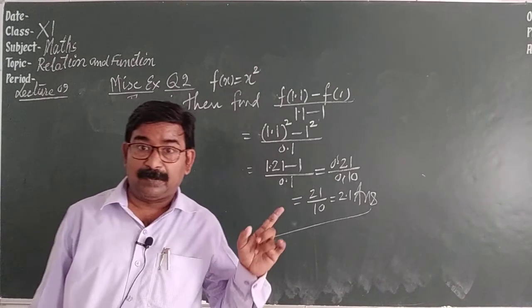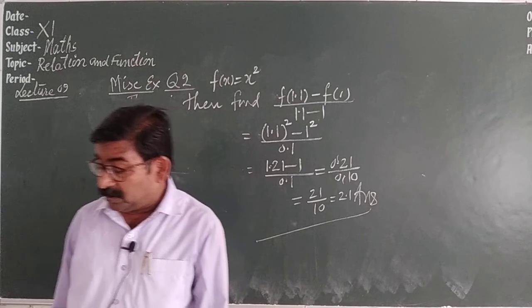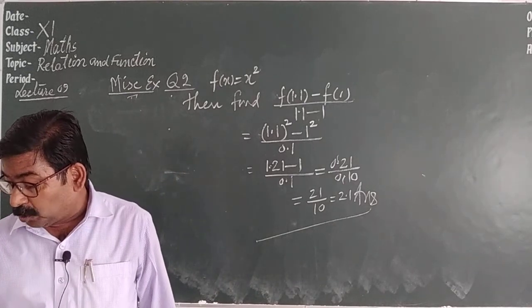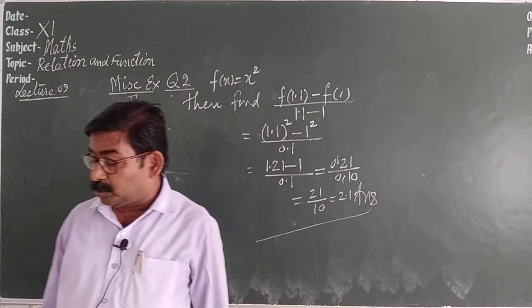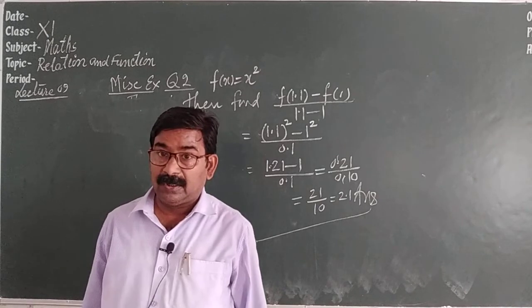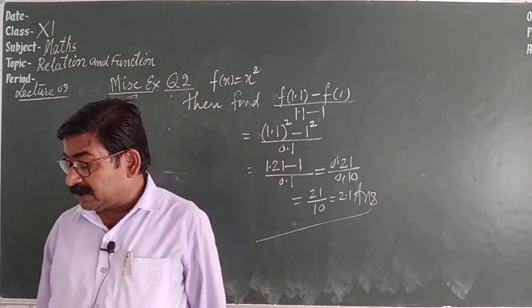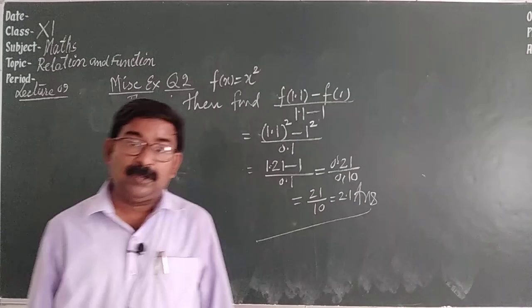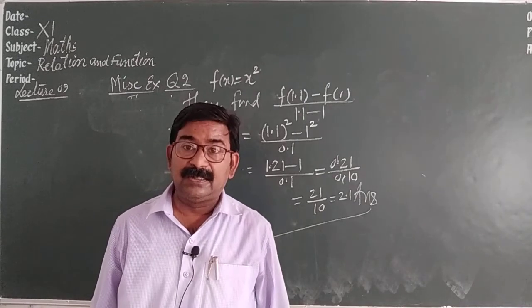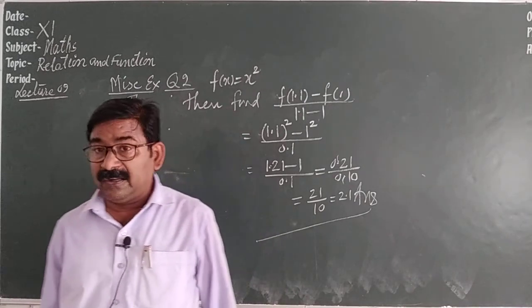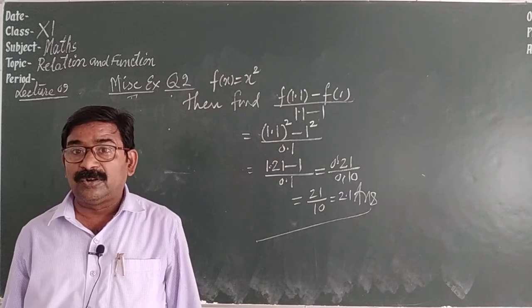Right now example 21 I have solved. Find the domain of the function fx is equal to 2x plus 2x square plus 2x plus 1 upon x square minus 8x plus 12. What kind of function is this? This is a rational function, and this is valid only when the denominator is not equal to 0.